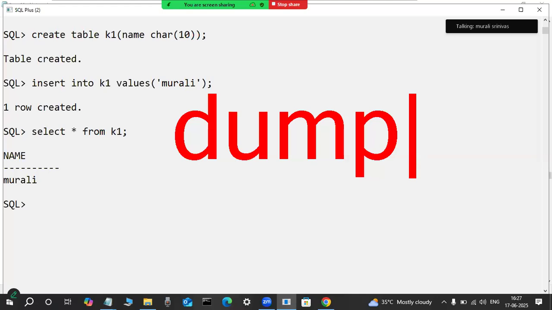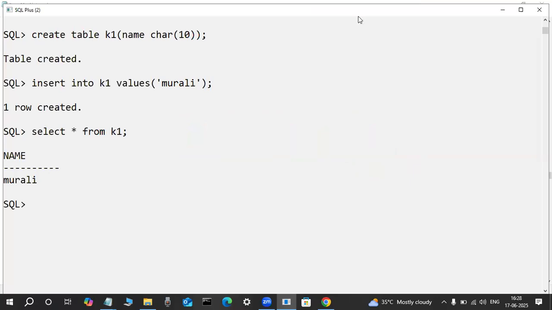They say the remaining bytes are wasted, but is that really correct or not? I have a doubt, that's why I'm interested to check. If I'm a good tester or debugger, I test like that. Now check it out. Now I'm testing here. Select dump, which is a function. Here, which column? Name is a column. Don't be afraid of this, just observe it here. Whenever I check like this, automatically